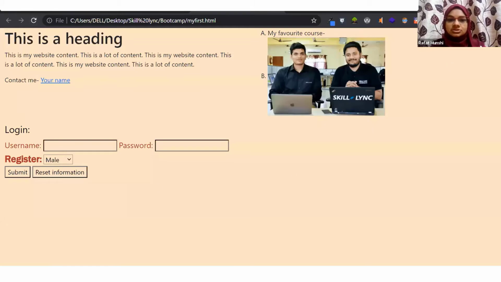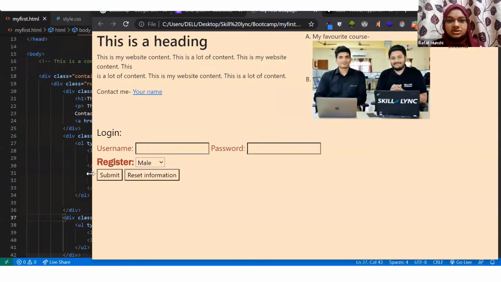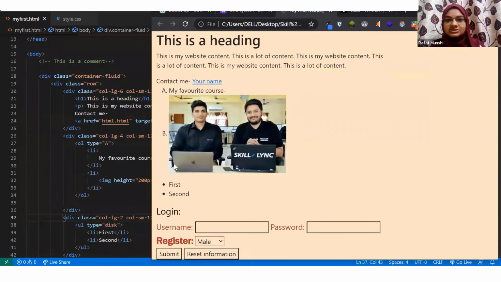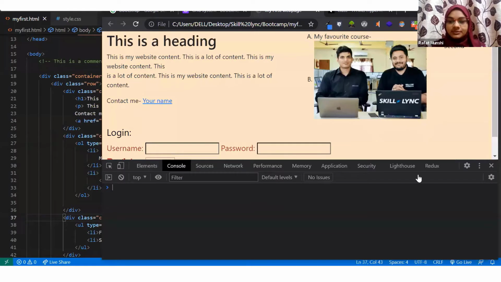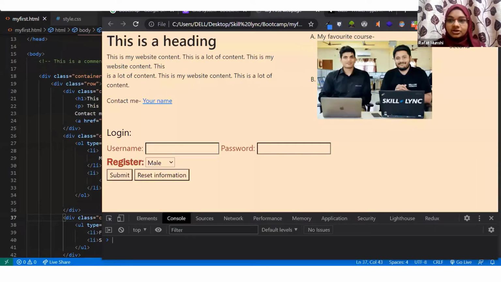Now for my large device, it is not changing. But if I reduce the pixel space, as you can see, as soon as I reduced my size to a particular pixel, then till here, and this is something you can even see if you press the function key and F12 on your keyboard. Here on the right hand side, as I'm resizing, you will be able to see the pixel values.